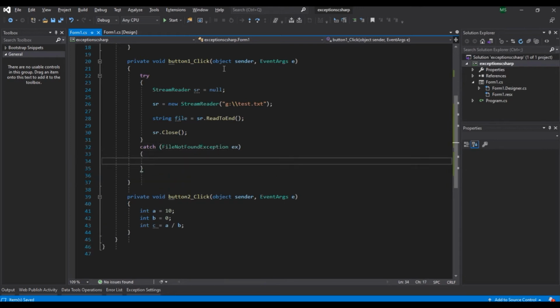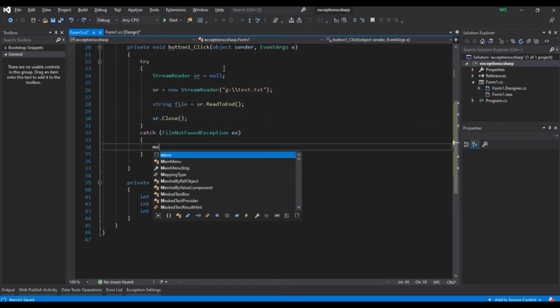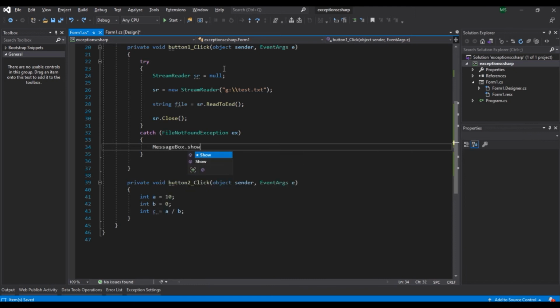All other exceptions in this code will be ignored. If you want to catch all exceptions, do not use a specific class, use the Exception class. Here we know that there will be only one exception, so we are catching it and writing a message.